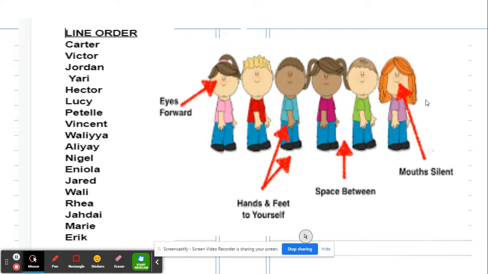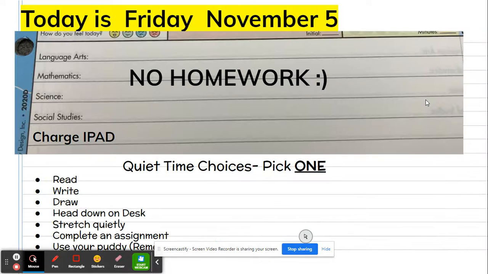And then at 12:25, the kids line up to go to recess. We usually have them just line up by their lockers, grab their coats, and then we walk them out to the recess door. The kids will show you where that is. Then when they come back in from lunch, you will pick them up in the lunchroom at 12:15.